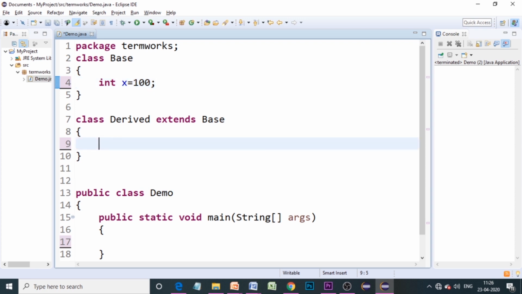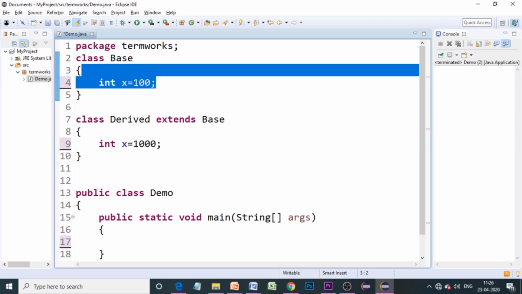I would like to declare one more data member, x, in the Derived class as well, and here I'm going to assign 1000 to this x. So see that the data member in the parent class and in the subclass have the same name.